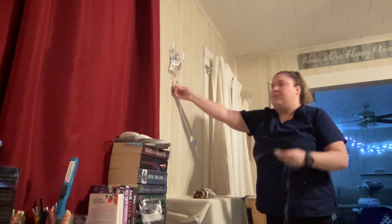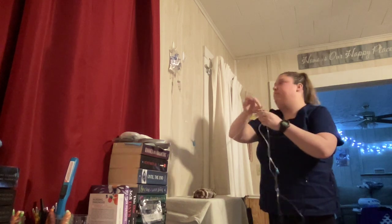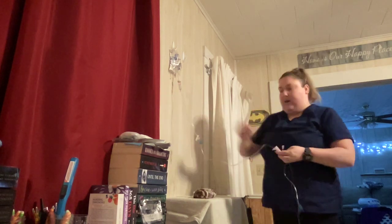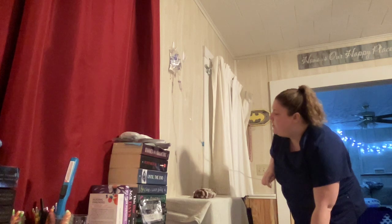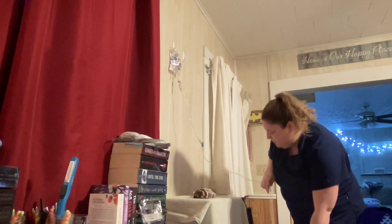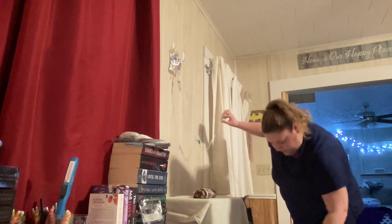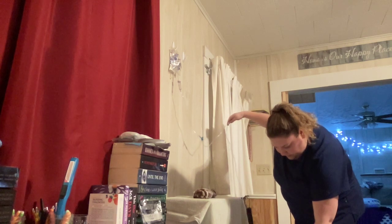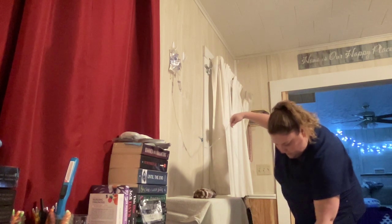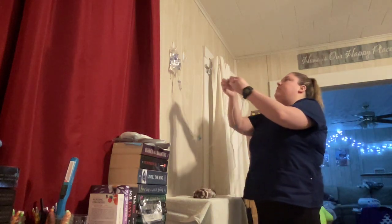Before I filled it up, my clamp is closed here. I don't know if you can see that. So I filled the chamber up halfway. Now I'm going to slowly fill the rest of my tubing here. I'm going to go slow so I don't waste any and I don't get any air bubbles. Alrighty. So now that my tubing is primed,